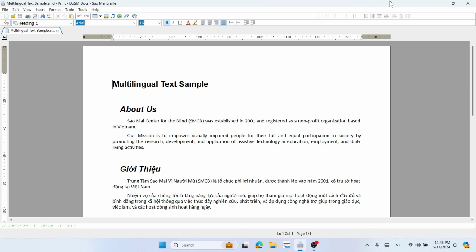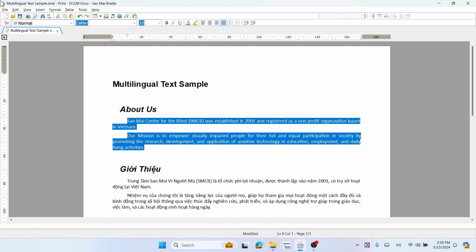To apply a translation table: 1. Select the content you want to apply. 2. Go to the Tools menu, use the arrow key to open the Translation Tables submenu. 3. Choose the desired table. Note: content that is not applied with any table will be converted using the default table. Now we will apply translation tables for the text as described above.